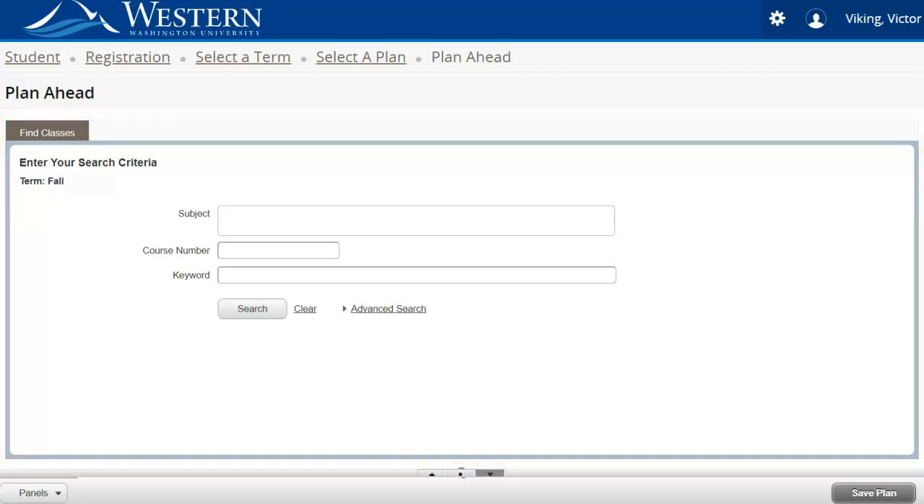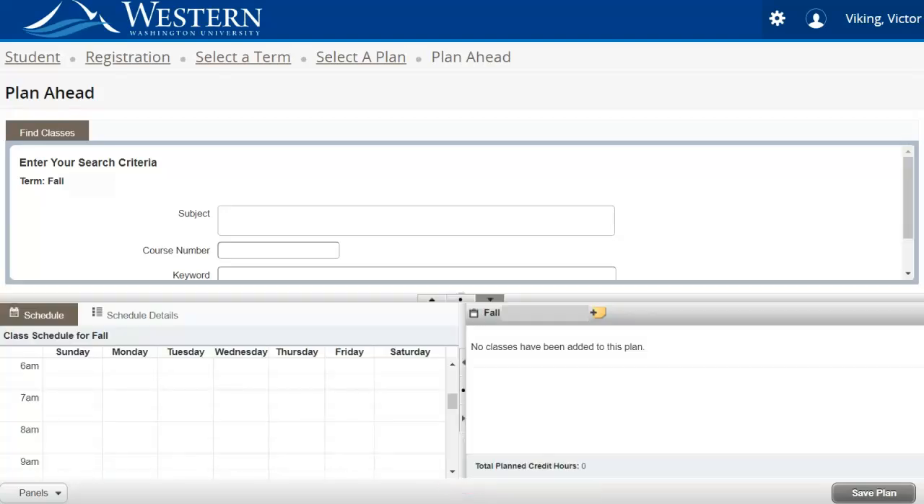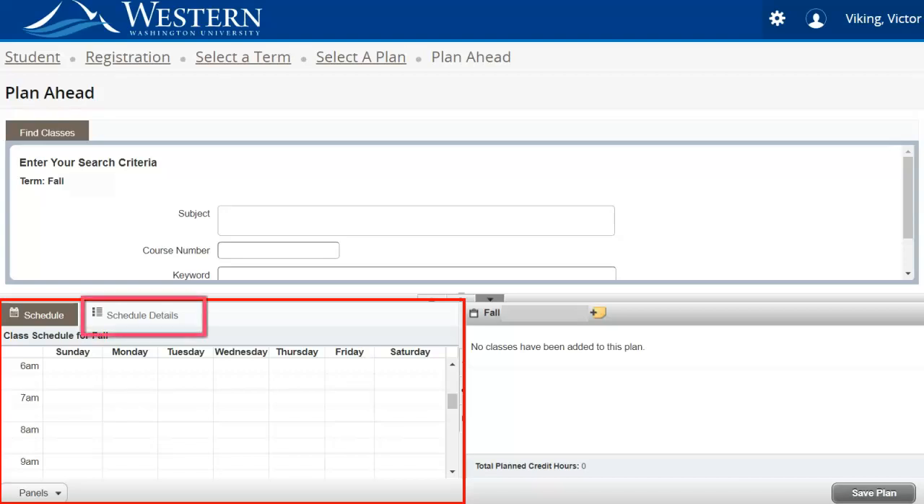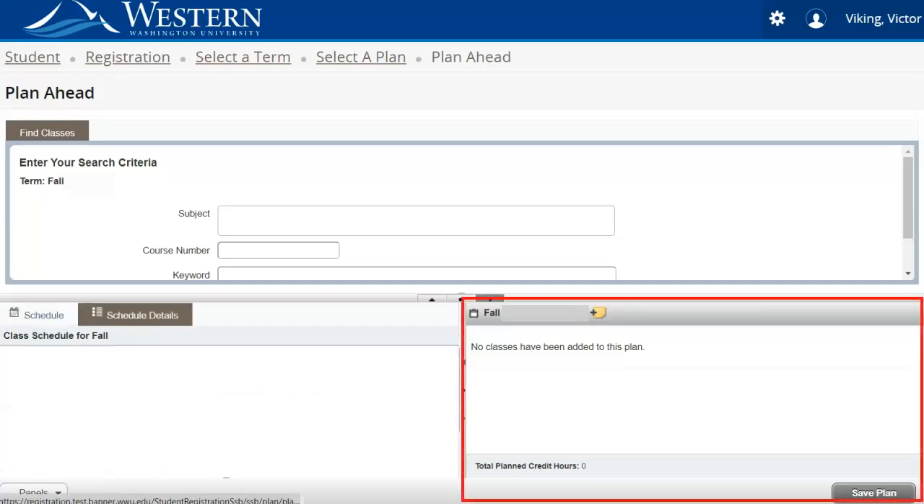To do so, click on the small dot towards the bottom center of the page. It is in between small up and down arrows, which can also help you adjust your view of the page. Once you click on the small center dot, you will be able to see the other 2 sections of this page. On the bottom left is your schedule, where you can see the calendar view of the classes in your plan. You can also toggle to the schedule details, where you can see important information about the classes on your plan. On the bottom right is a section that will list the classes you put into your plan and their